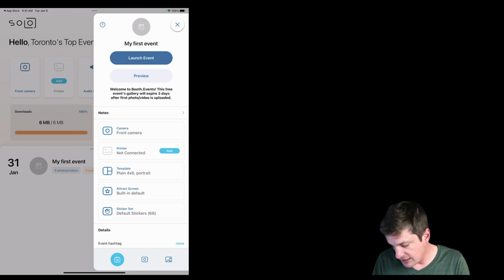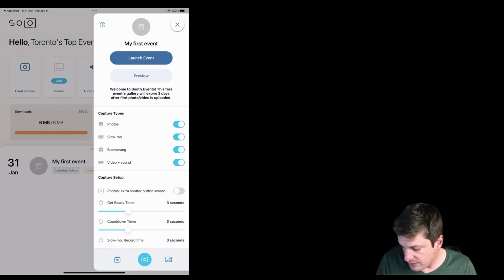Okay, so let's go to the second page of the event settings on the iPad. At the bottom, I'm going to touch that little camera icon. This page and the next one are where you're going to want to have a look at what's available there. First of all, at the top, I can see which capture types the iPad is going to